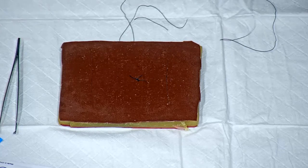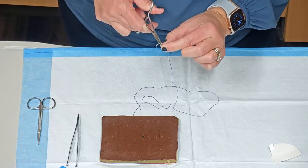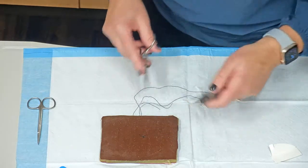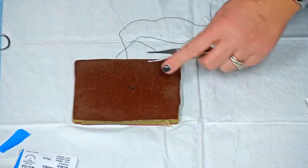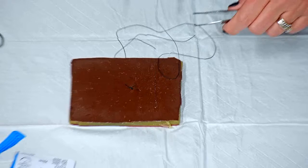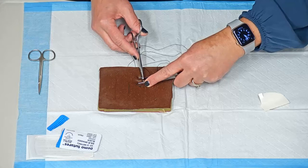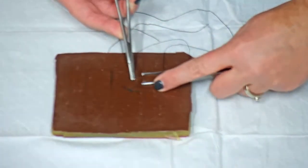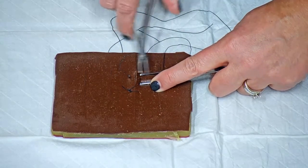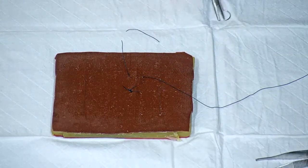I'm going to show you one more time, and this, I'll use my skin pickup. So sometimes, like I said, it's very beautiful and well approximated, but sometimes those pieces, think of maybe a dog bite, are jagged or hanging a little bit. You can use your skin pickup to gently grab the skin. You can push it through. You can use it on the other side as well, just as a little bit of a guide and to help. You're going to let go of your hemostat, grab, pull through so you have a tail left,